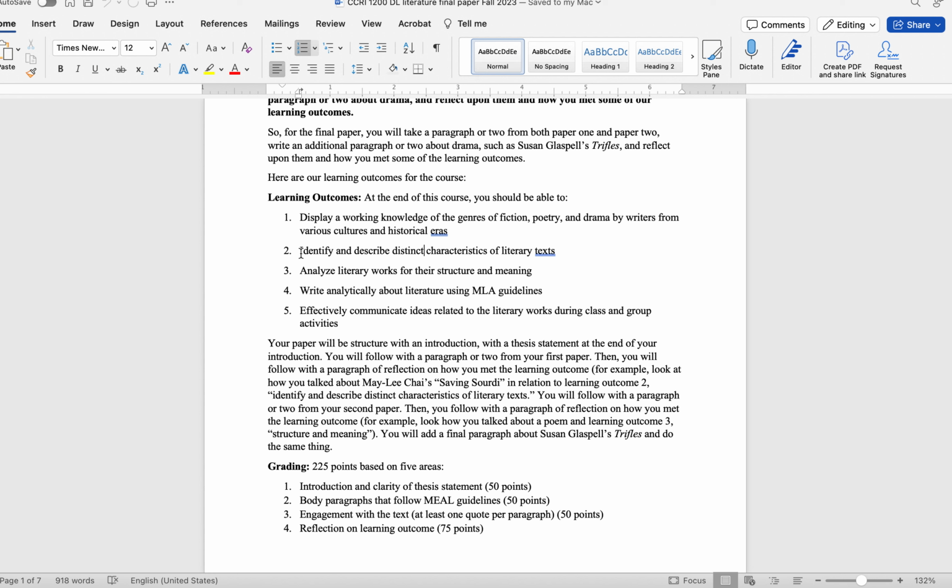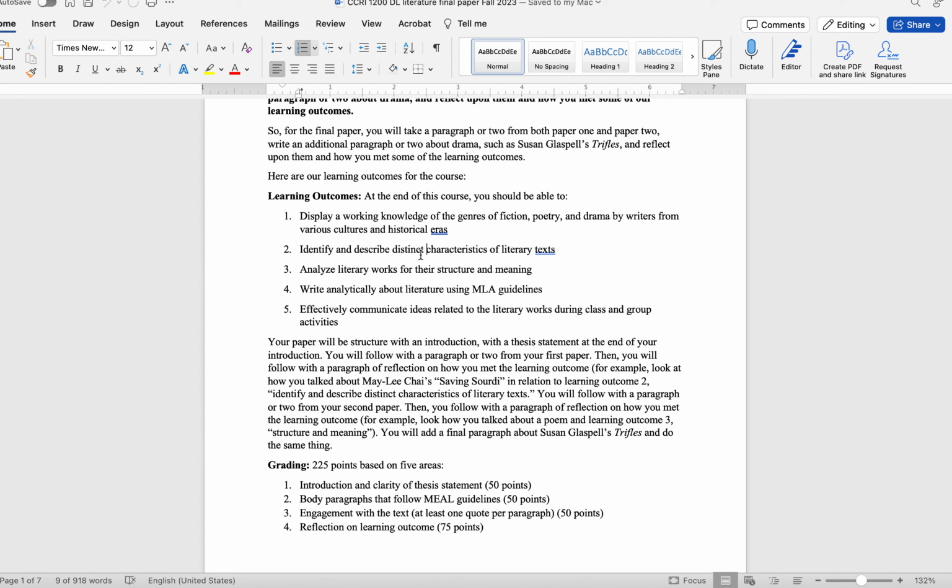A lot of you have already done that in your first couple of papers. That would be like, Nia's the narrator protagonist of Saving Sortie. Symbolism, structure, form, content, similes, metaphors, those types of things. What's the piano a symbol for in Sonny's Blues, right? The piano is a symbol for Sonny's maybe escape out of where he finds himself, and also as a safe spot from his addiction. So you're thinking of literary characteristics here, literary elements.